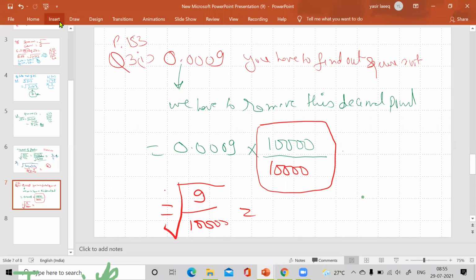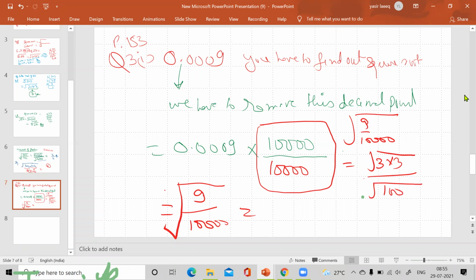Sir, please explain with one more example. Let me complete, this is not completed. The final answer is still left. You have to write this as I'm writing here, so that it will be clear. Next, we write 9 in this way, and the denominator we write as a fraction. With 4 zeros, it will be 100.